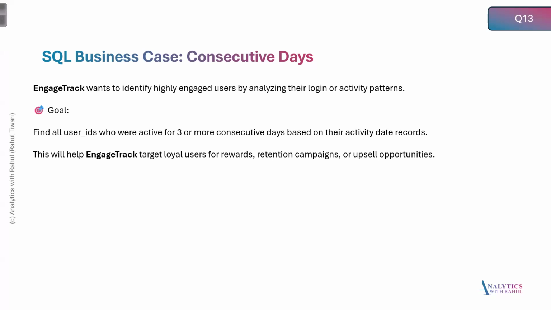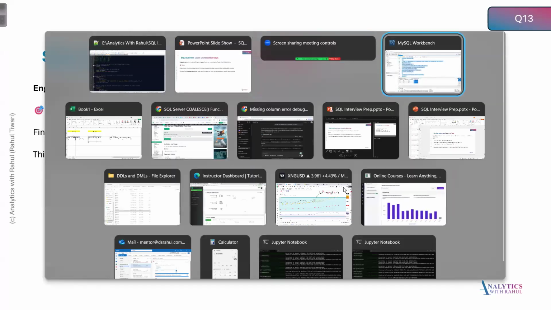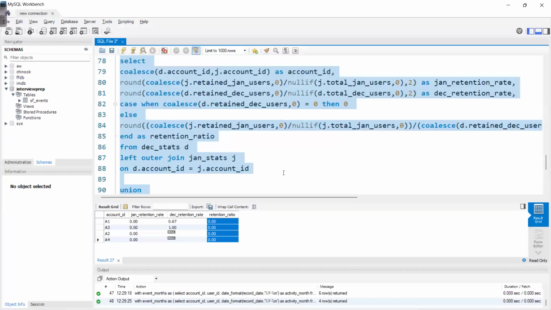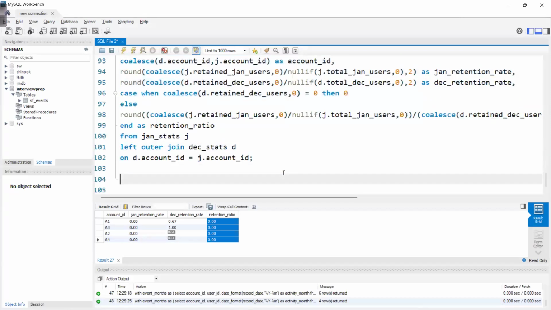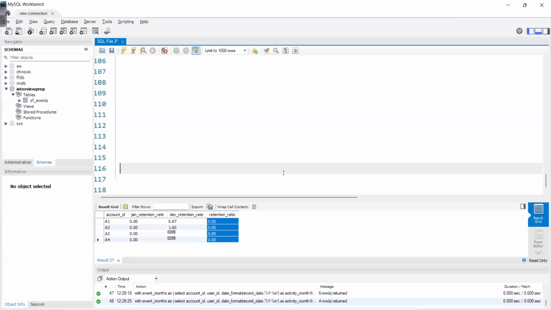So let's try to write this query. The data will remain the same. We are using the same SF data, which we used till now, and we'll use this for solving the problem. So again, let's start with multiple steps and let's see what will happen. My first step, which I will write for this query, is